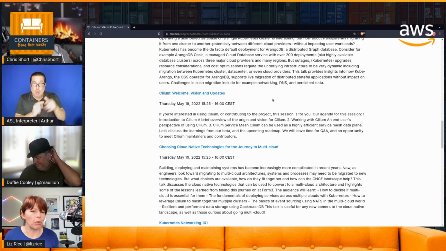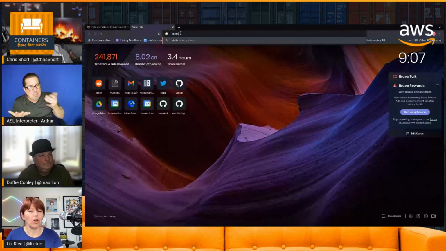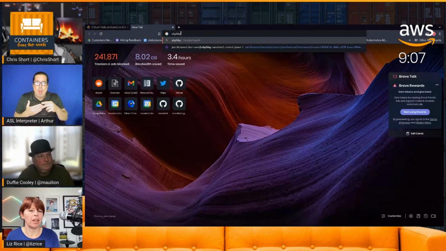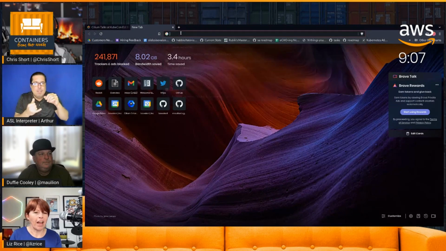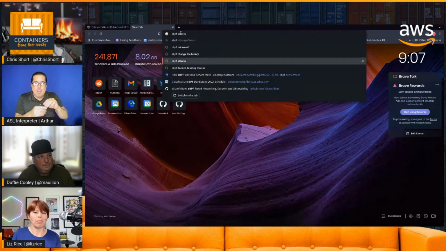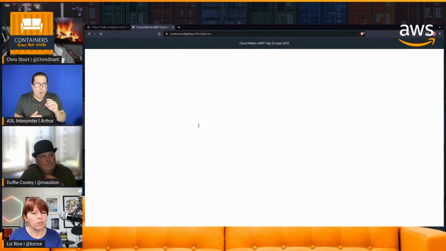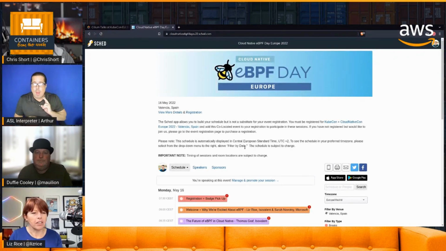For folks who are maybe watching and aren't familiar with eBPF, what it lets us do is program the kernel. We can dynamically change the way the kernel behaves, and that allows for networking capabilities. Cilium is pretty well known as a networking project, but it also allows us to inspect what's happening across an entire node from the kernel's perspective, and we can use that for security purposes.